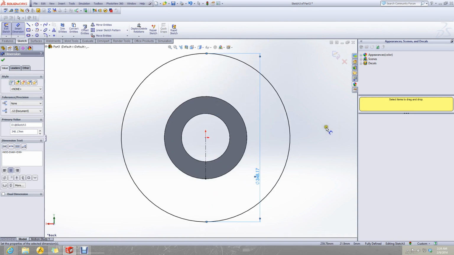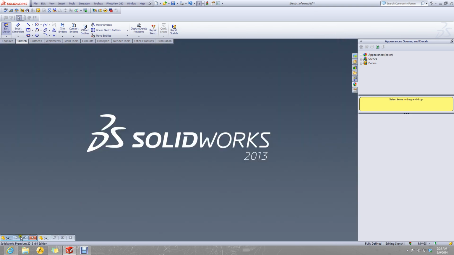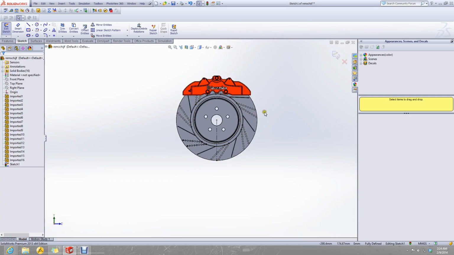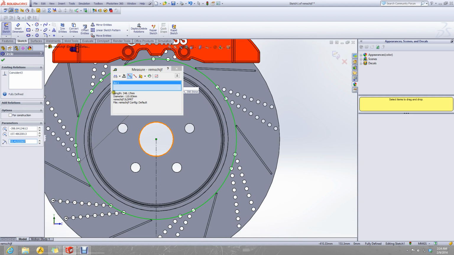Oh, this circle is quite huge. I guess I made some mistake in measuring this circle. Let's measure it again. Oh, it was the length that I recorded.